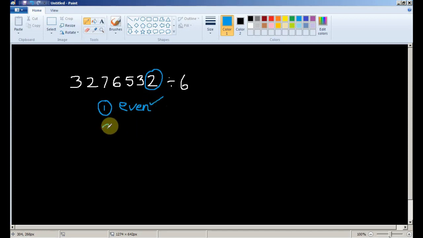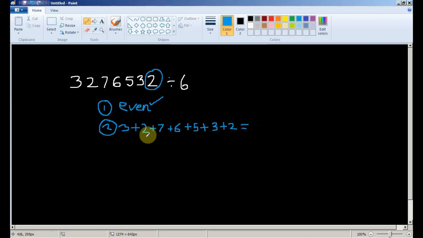Second condition, whether it is divisible by 3 or not. How do we know if it's divisible by 3 or not? Let's add all of the digits. 3 plus 2 plus 7 plus 6 plus 5 plus 3 plus 2.